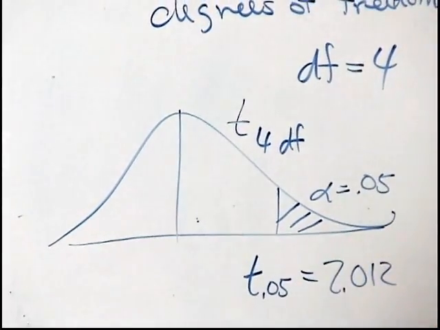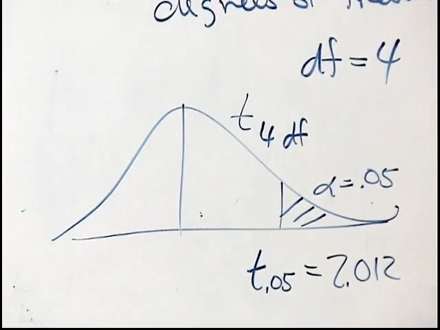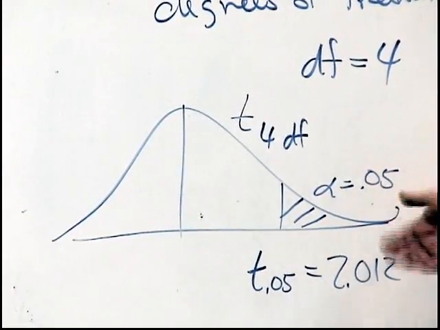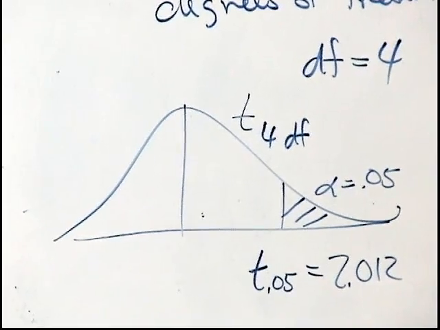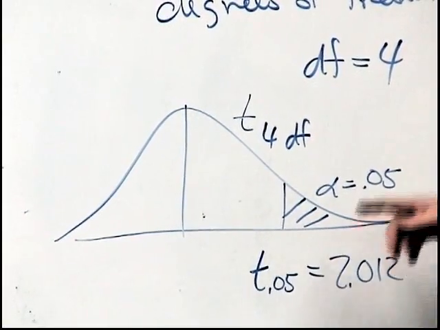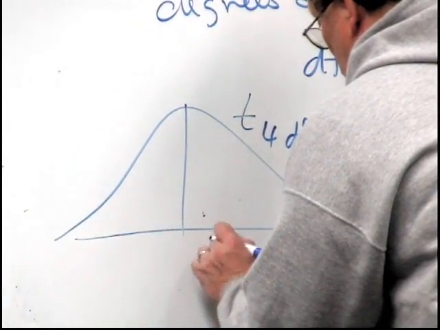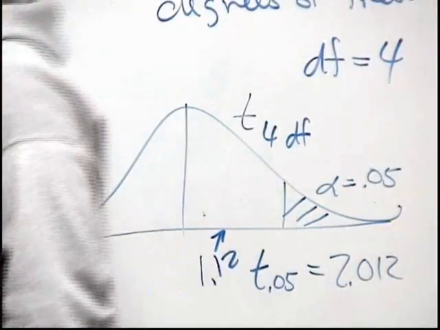I'm just making up these numbers. I don't have a t-table in my head. So I'm not saying this is the right number, but some number like that would be given to you. It would just be given to you, and where's 1.12? Inside. So again, the right answer here would be